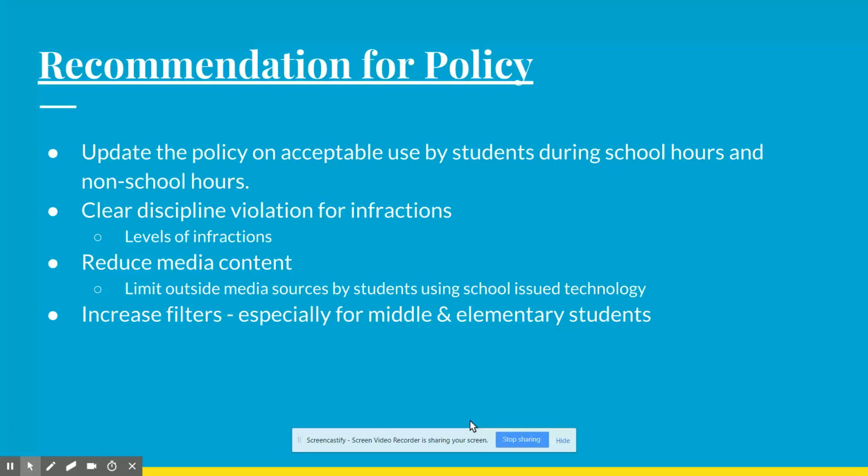What happens when a student bullies another, or if they're misusing social media, or if they're saying things that are inappropriate to a teacher? It shouldn't necessarily be on a student by student or case by case situation. I get that has to happen at times, but there needs to be a clear indication of what is going to happen and the level of infractions for each specific student. And then more so, we really need to reduce the amount